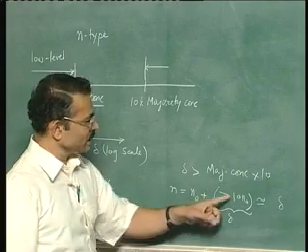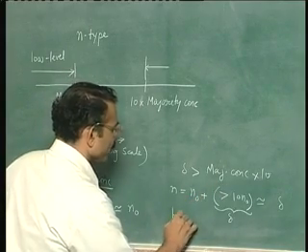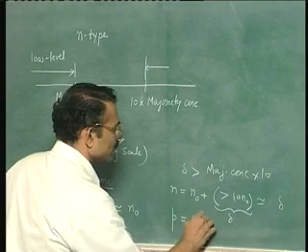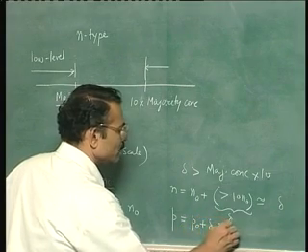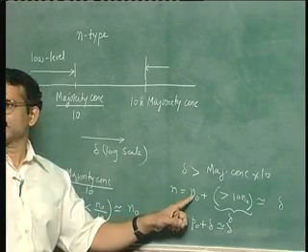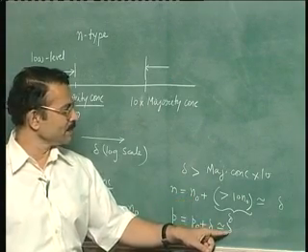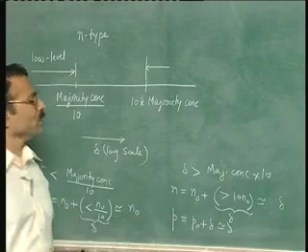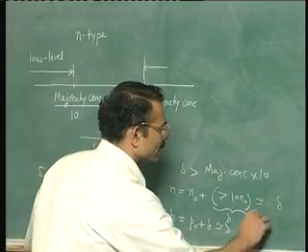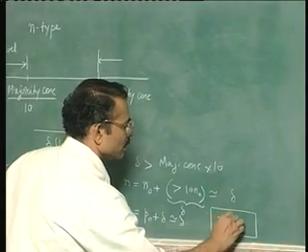Now p is equal to p naught plus delta, which is also approximately equal to delta itself, because p naught is much less than n naught in an n-type semiconductor. So this plus this would be again this itself. So what is happening is n is approximately equal to p, so we can therefore write